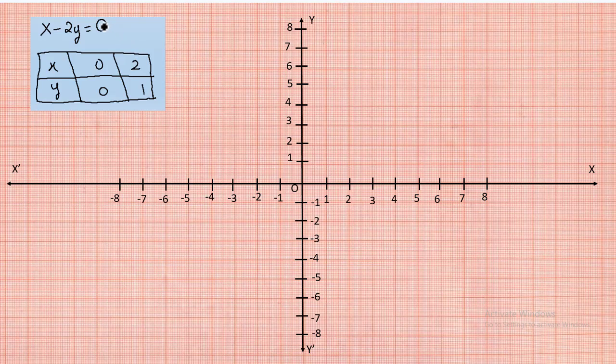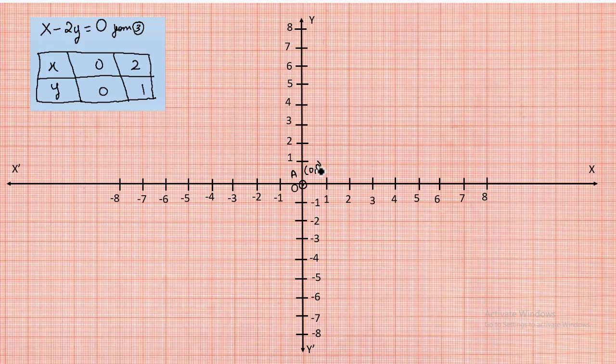So the first equation we wrote in the standard form in equation 3. This is from equation 3. So now let us plot the values of x and y. When x is equal to 0, y is also equal to 0. So this point we will get at the origin, where on the x-axis it is equal to 0 and on the y-axis it is also equal to 0. So here we will get the point. Let us name this point as A, (0, 0), where x is equal to 0 and y is